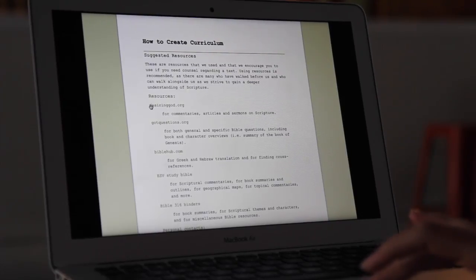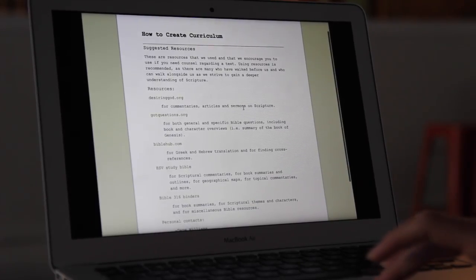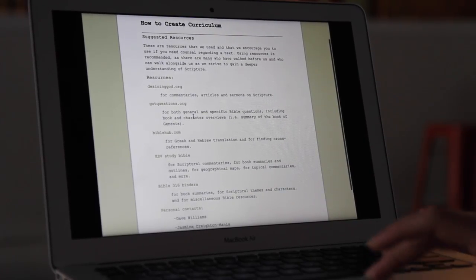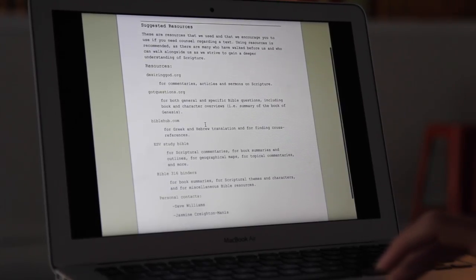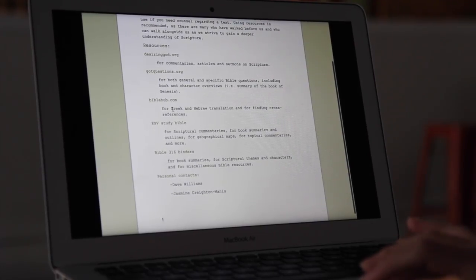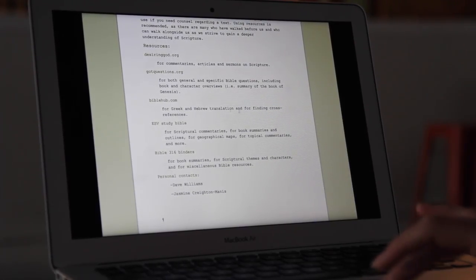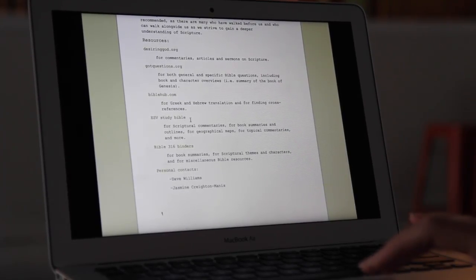And so some resources we have here, desiringgod.org. It's really good for commentaries, articles, and sermons on scripture. There's also some manuscripts on there. Gotquestions.org. It's good for general and specific Bible questions, and they also have some pretty good book and character overviews. BibleHub.com. You can find Greek and Hebrew translations for cross-references and understanding what certain words mean. ESV Study Bible is a great resource. It's even great to have in small groups,